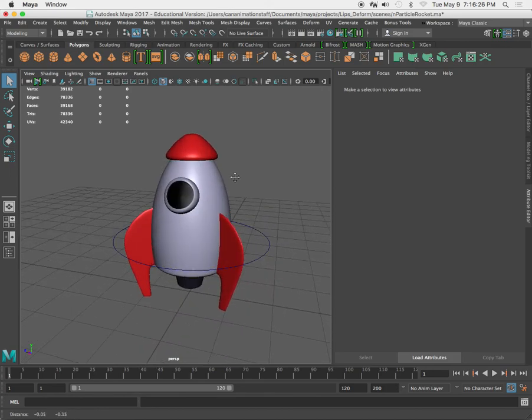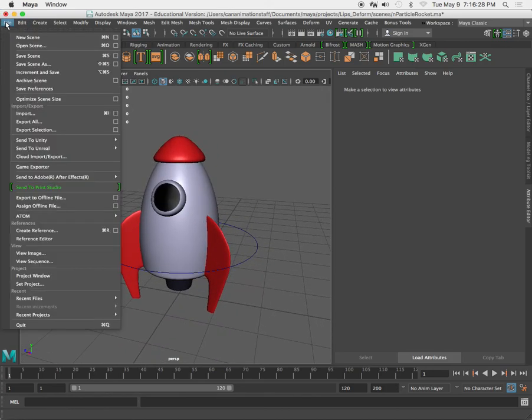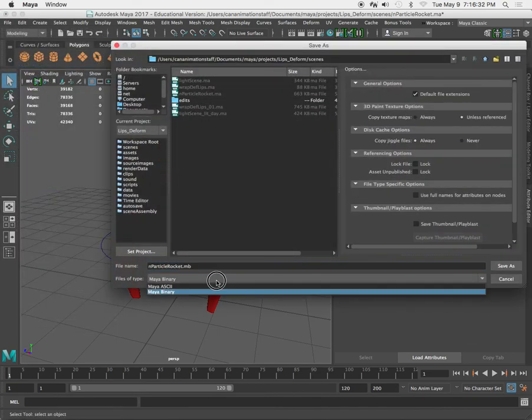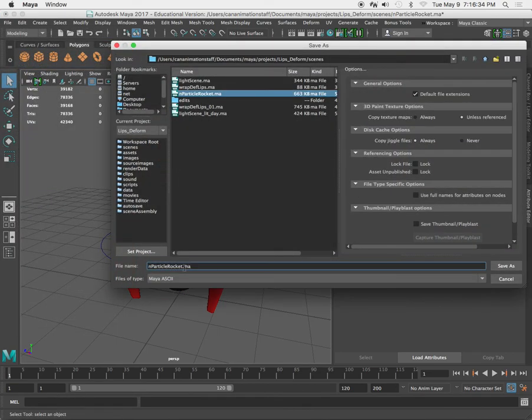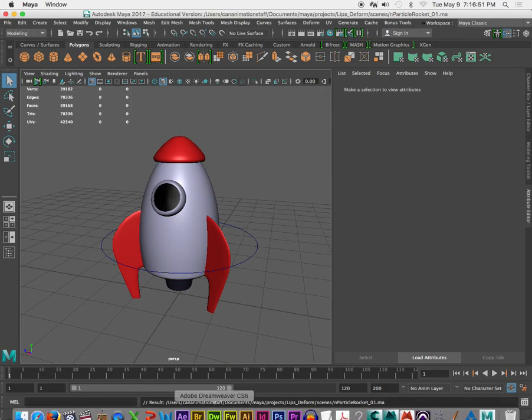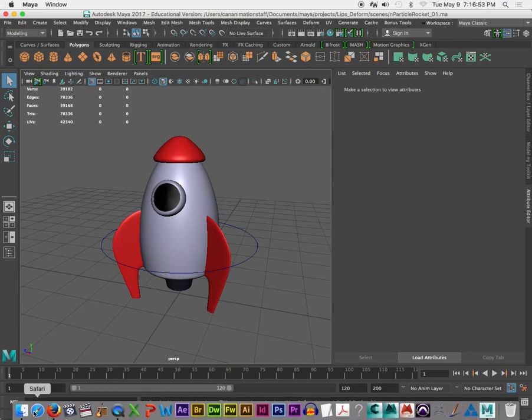I'll just go ahead and instantly save a new scene. Make sure I don't save it as an MB, always save as an MA. I'll do an underscore 1. What's the difference between saving them as one and the other? MA is my ASCII, MB is my binary. I think mine auto saves to an MB. Yeah. So